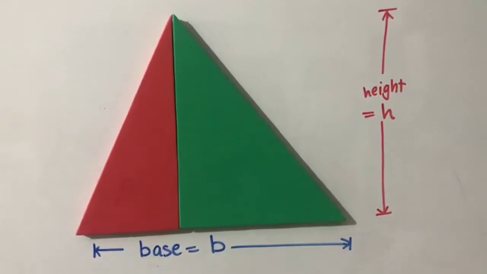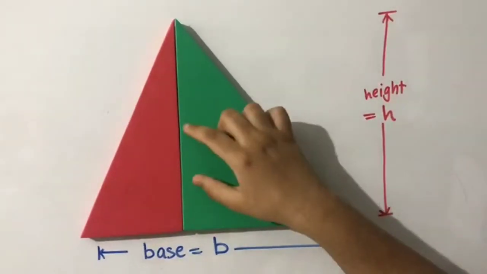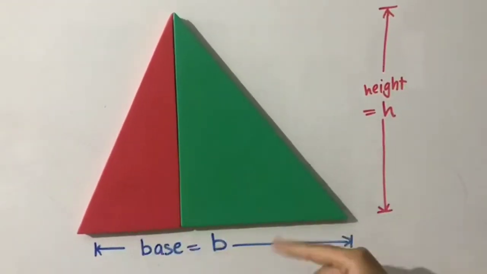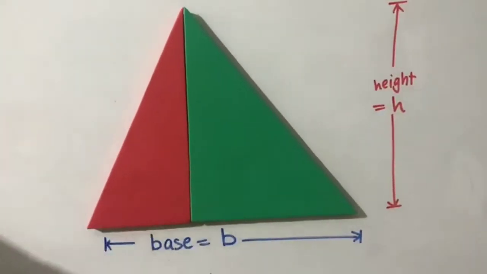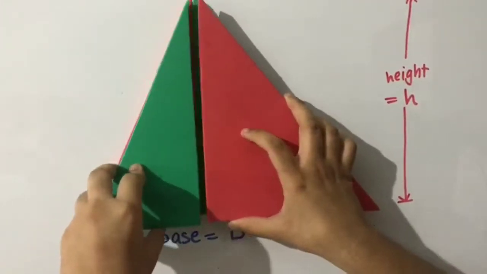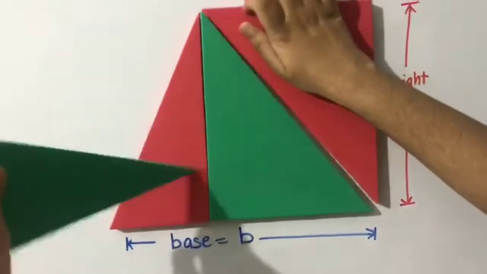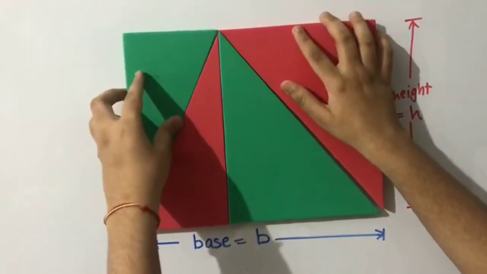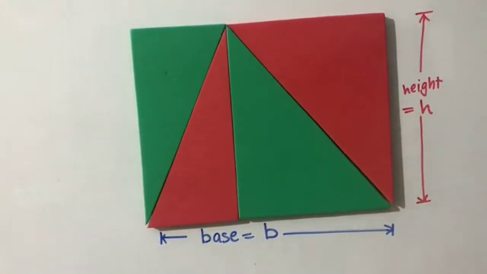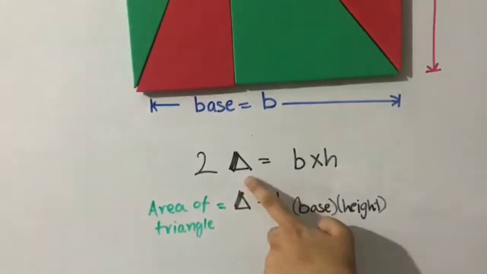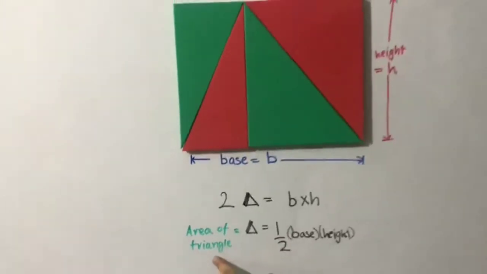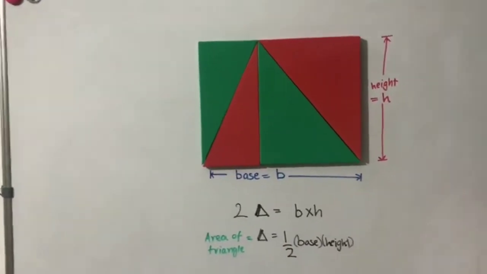Today we are going to tell you something about geometry. This is the derivation for the area of a triangle. Consider an acute angle triangle, because all the angles are less than 90 degrees, with base B and height H. We take a congruent piece and rearrange it. This forms a rectangle. The area of a rectangle is length into width, which is B into H. So twice the area of the triangle is B into H, which implies the area of the triangle is half into base into height.